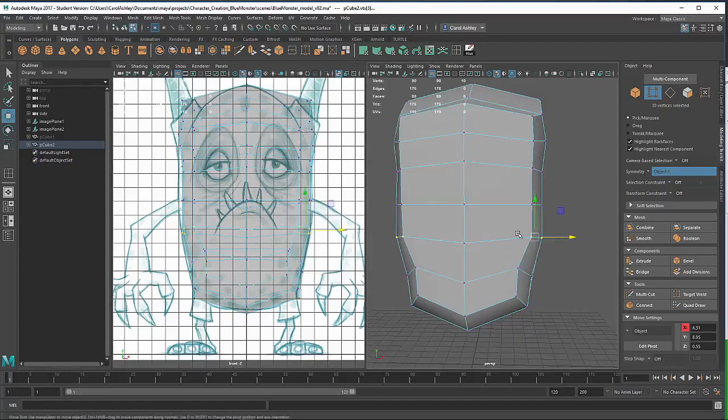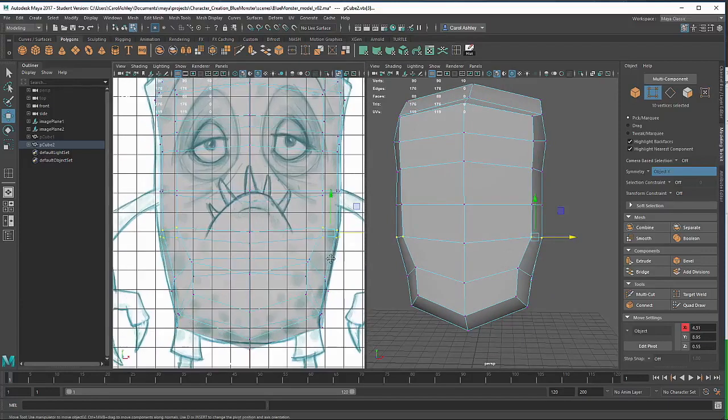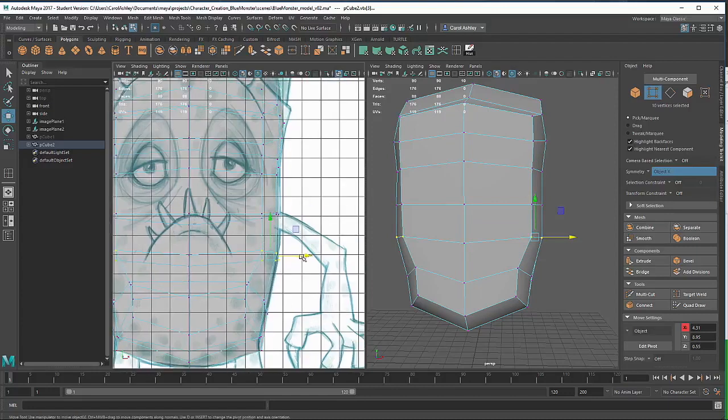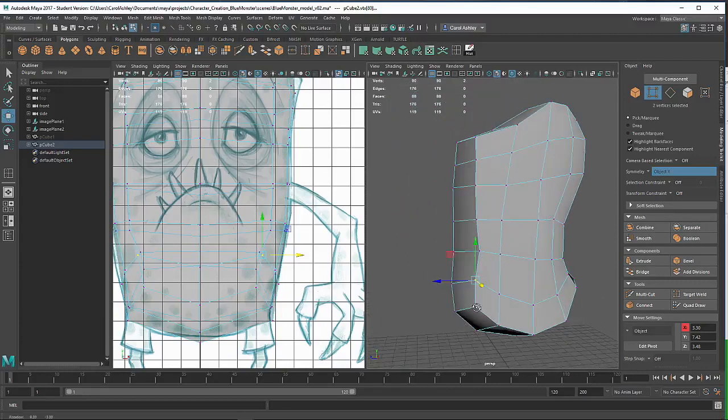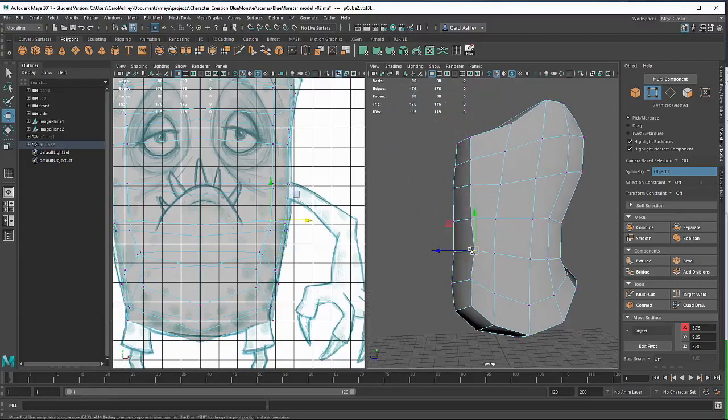And I'm just kind of checking here. It's kind of bulging out a little bit, even though it looks like it's sort of following the drawing that I did here. I could just look over here and see that some of it is just a little off. Okay, so I want to check that 3D